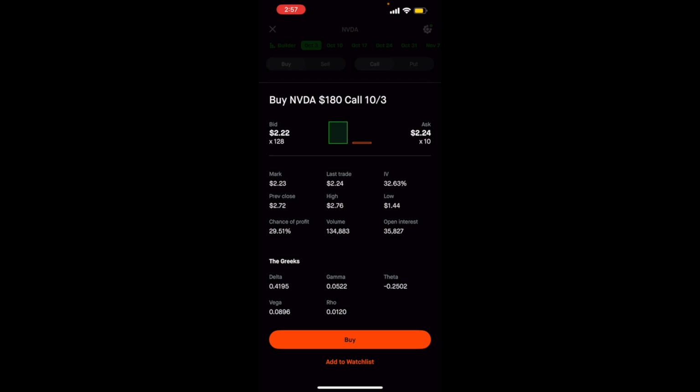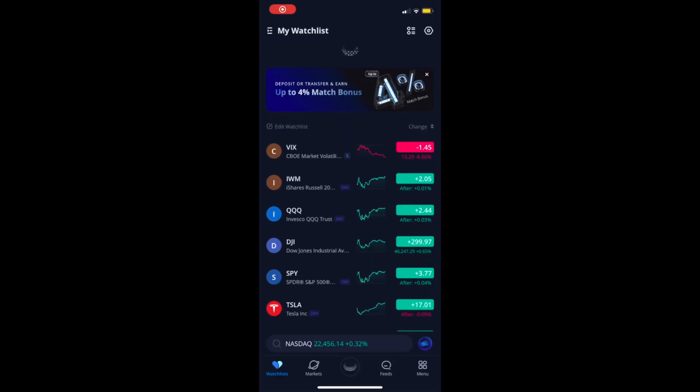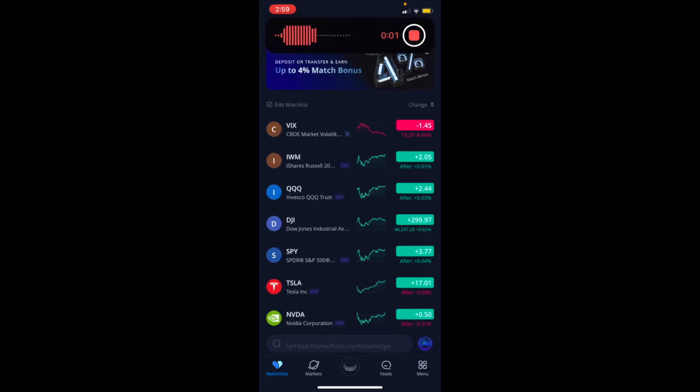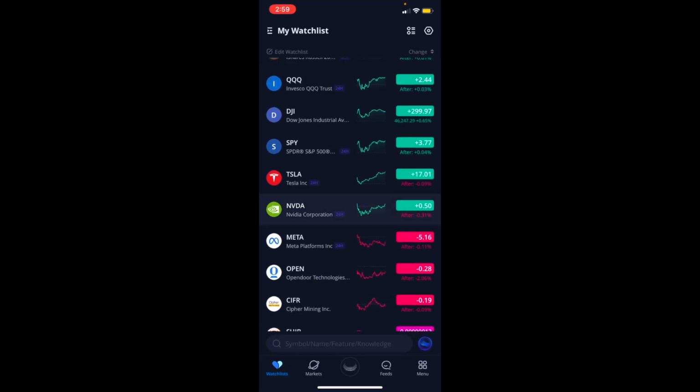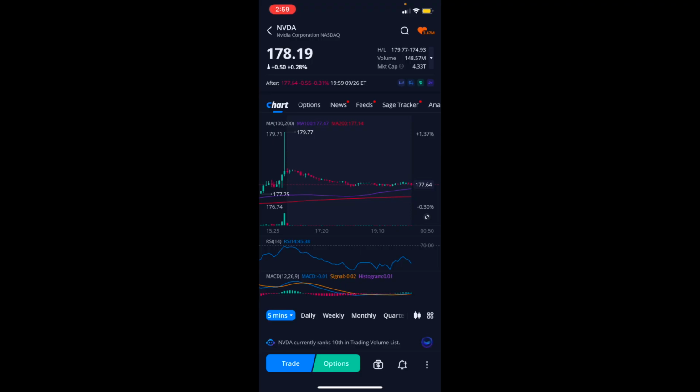So that's just something to keep in mind. So here I am on my Webull. This is my Webull watch list. Now remember, we just checked Nvidia on the Robinhood account. Webull chart is leaps and bounds better. Sorry, not sorry. I've been using Webull a whole lot more than usual lately, and I've been getting pretty good